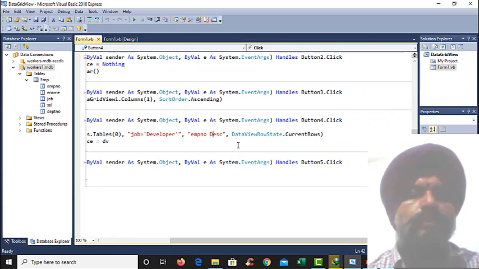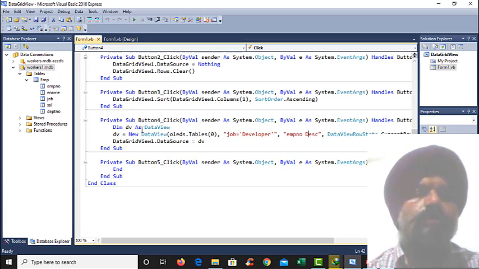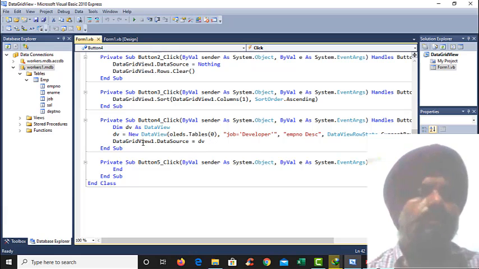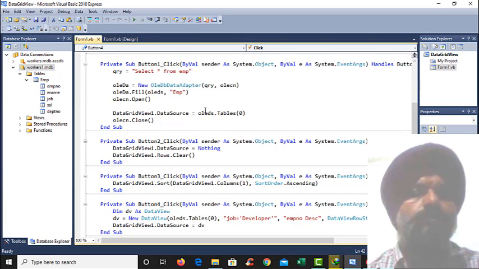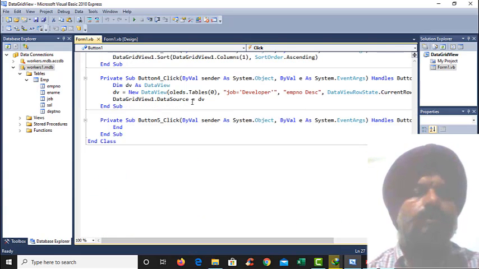And next is the data view state, which says it should show the current rows. So the current rows will be filtered, the view will be created and the resultant data will be stored. Now our data grid view source becomes the data view rather than the whole table. As you saw in the load button, there we made the data source a data set, but now we make the data source a data view for the data grid.